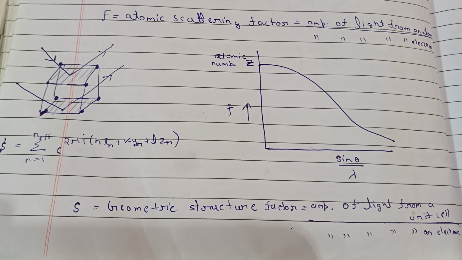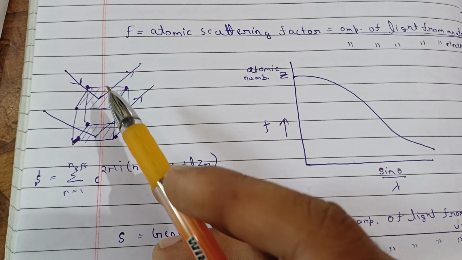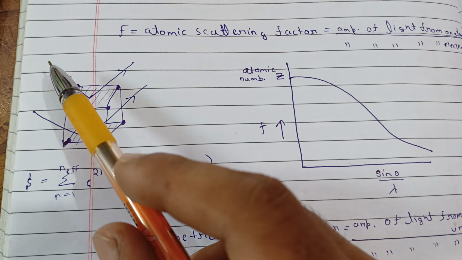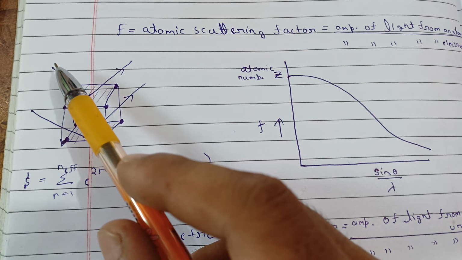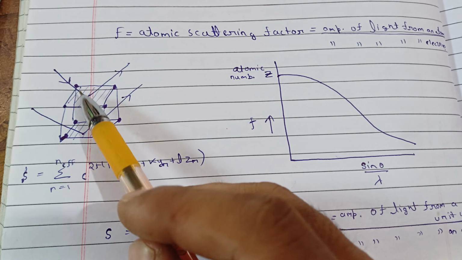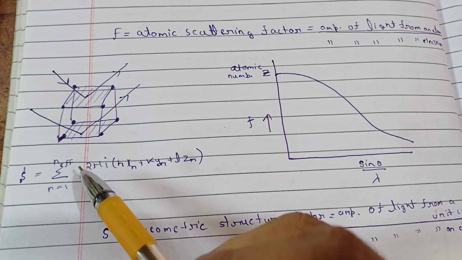And see, inside a unit cell you can see these faces. So light can diffract like this from this plane also, from this plane also, and these reflected or scattered light waves will interfere and give us a diffraction pattern. So that pattern will be studied. So that's how they diffract, okay, from different planes of the unit cell.